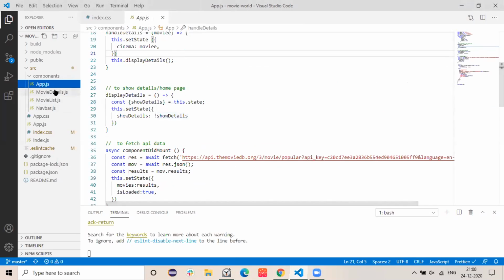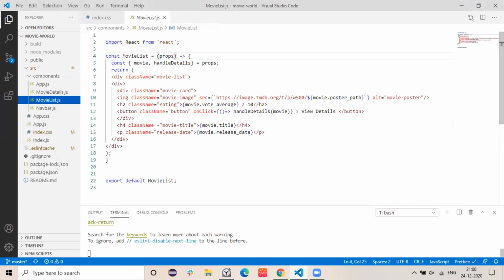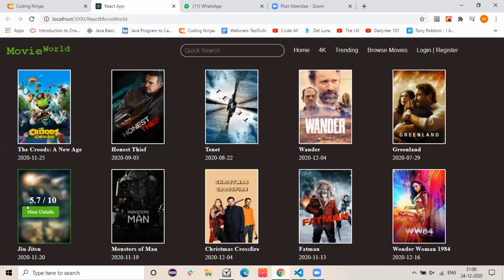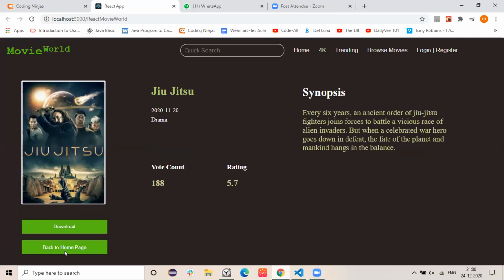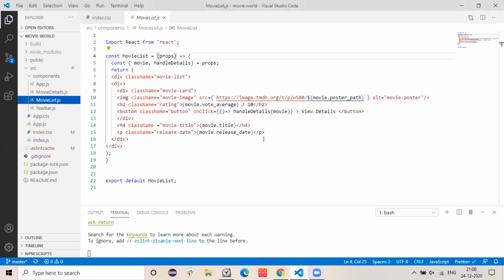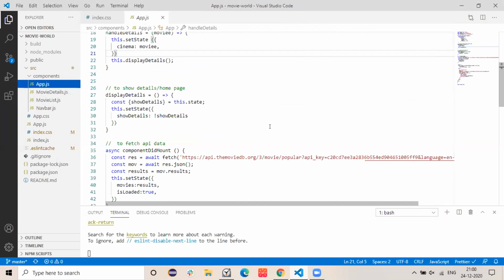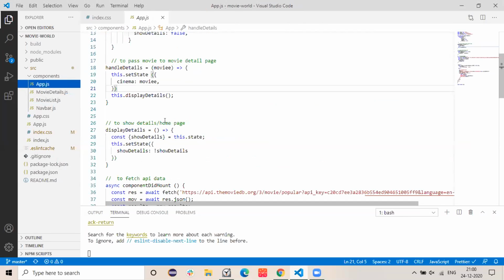Here we have this back to home page button, which will call the handle details functionality that we are getting via props, and this will just toggle the show details thing, and we'll go back to the home page.